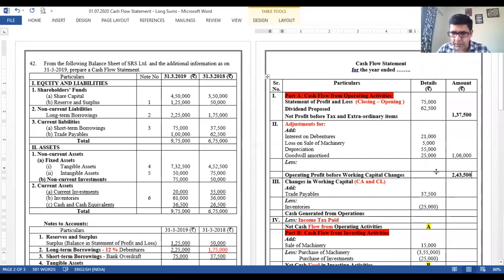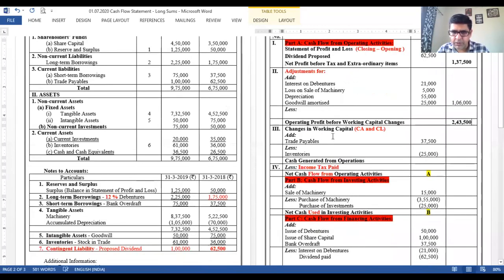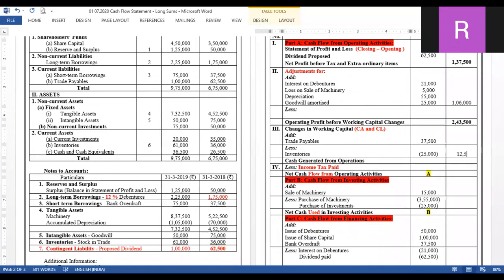243,500. Now I want you to give me the total of the third column, that is current assets and current liabilities. Amount to be added is 37,500. To be deducted is 25,000. The net amount, please. 12,500. 12,500 will be added to 243,500. 2,56,000. We don't have any amount for taxes to be paid, so that's fine. So the first amount, you can see that I already highlighted with yellow, and A is an amount that I would like to write. That's 256,000. That's positive. So net cash flow from operating activity.